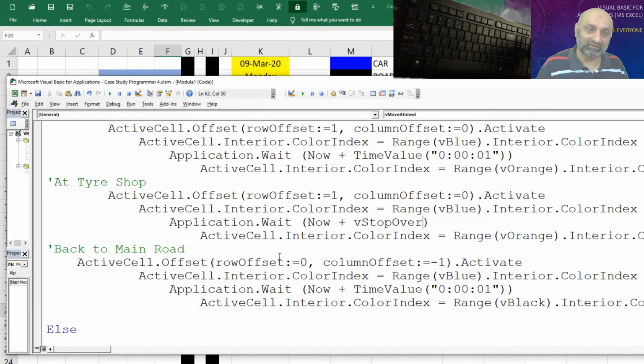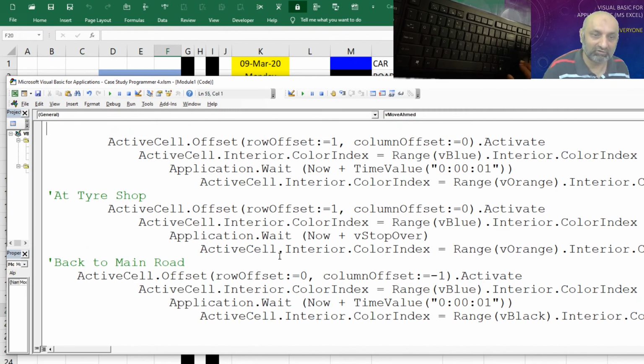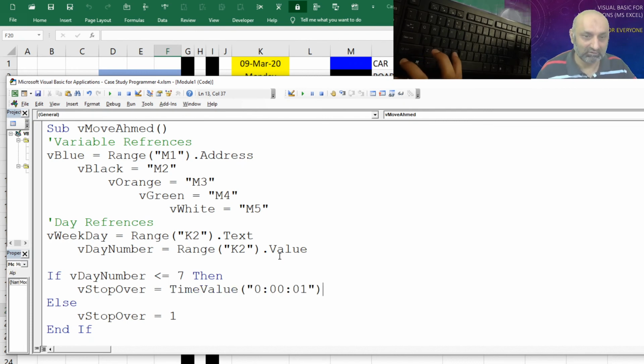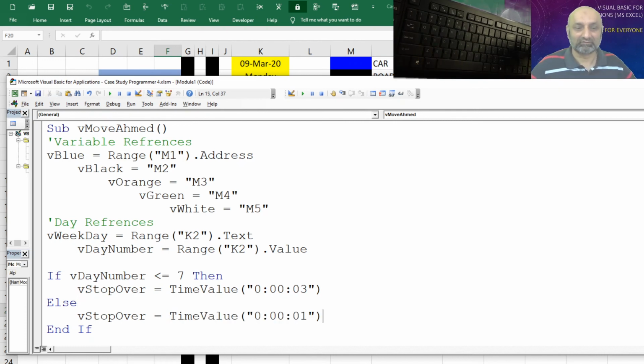So at the tire shop, it will be now plus stopover, and in stopover we have 3 and 1. So instead of writing 3, I need to tell it the time. So it should be time value 3, and instead of 1, this should be proper 1 seconds. So now my coding is complete.